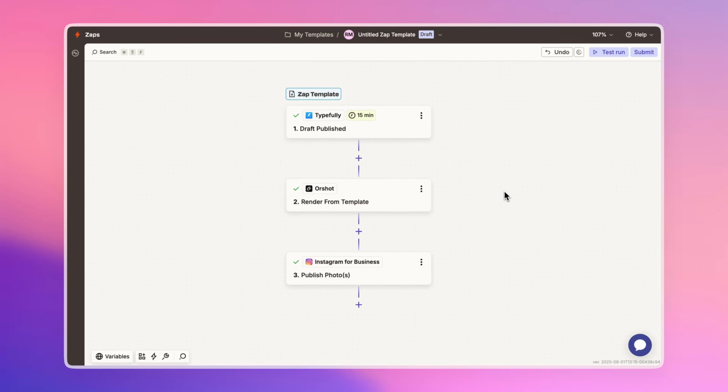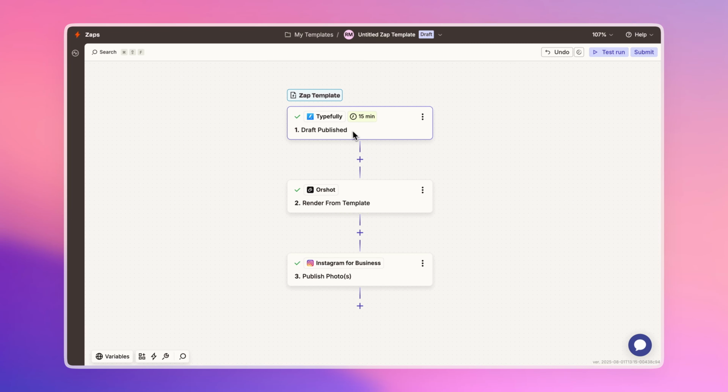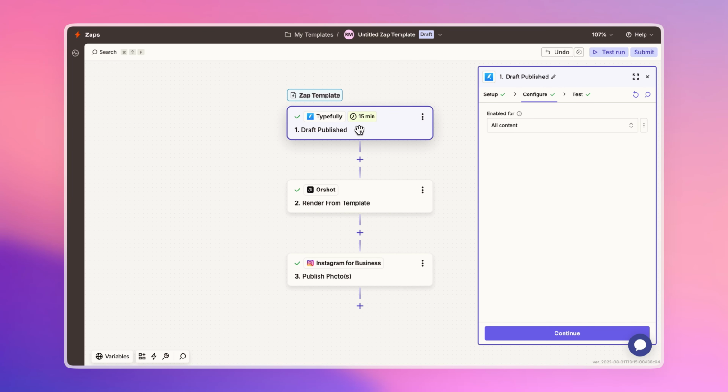Hi, this is a Zapier template on automating your tweets and posting them to your Instagram account using Orshot. The workflow involves three steps. We will be using Typefully or Tweet Hunter to automatically retrieve the latest tweet, and I will show you the